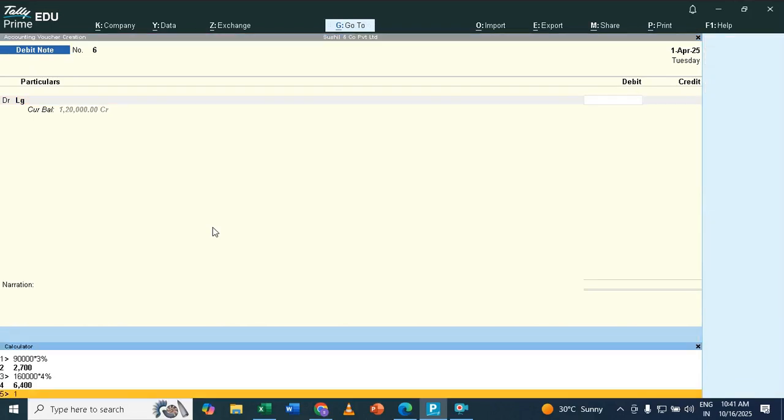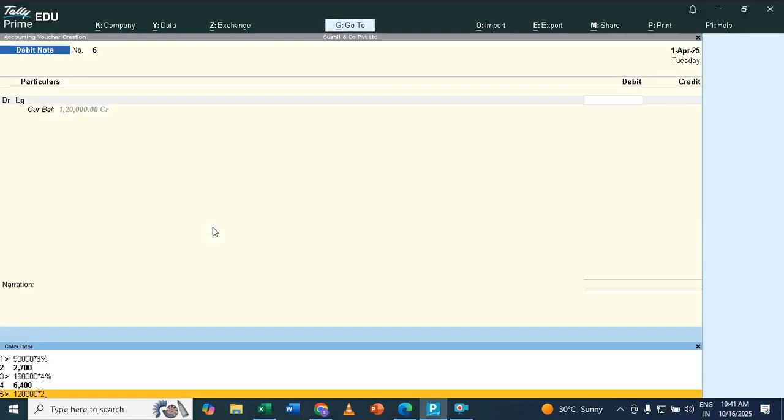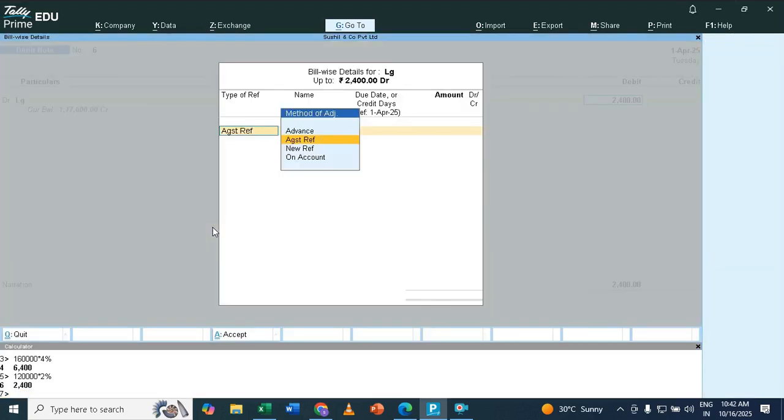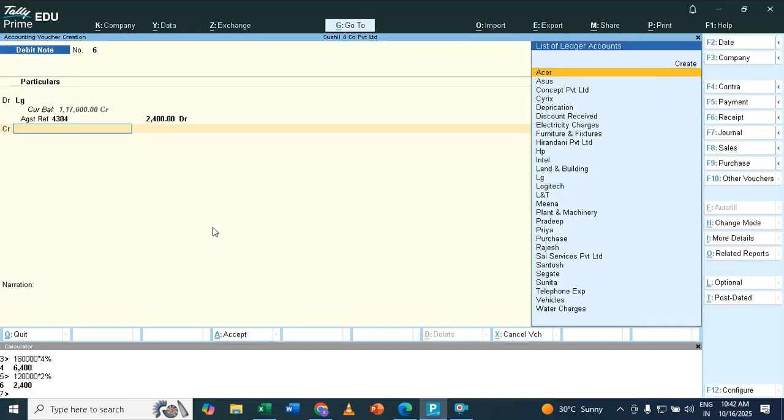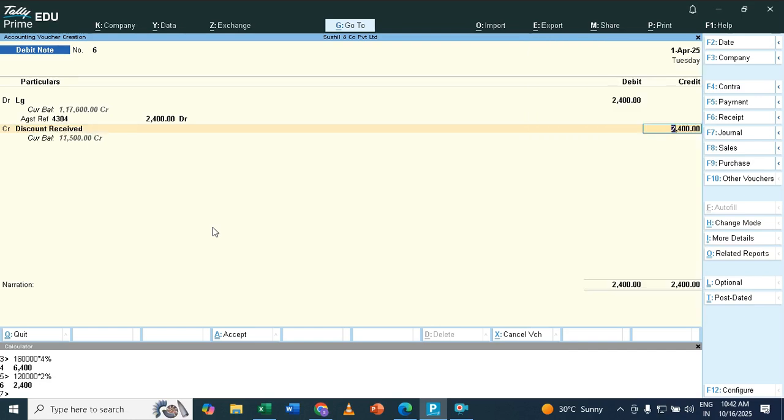So again I will try with Alt C. Just type here 1,20,000. That is the amount that you have to multiply with 2%, which is the discount they are giving you. So write down there 2% and then enter. Then adjust reference, enter. 2,400 will become less, enter, enter. Then you come down here, discount, just press D and come here, discount received, enter, enter.